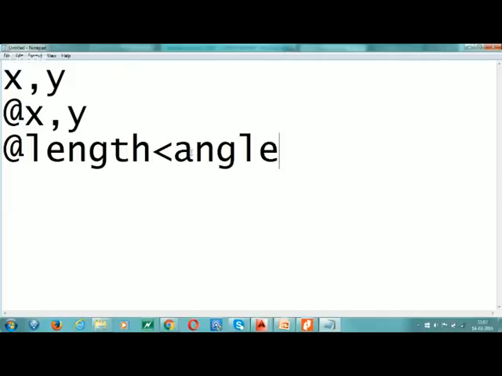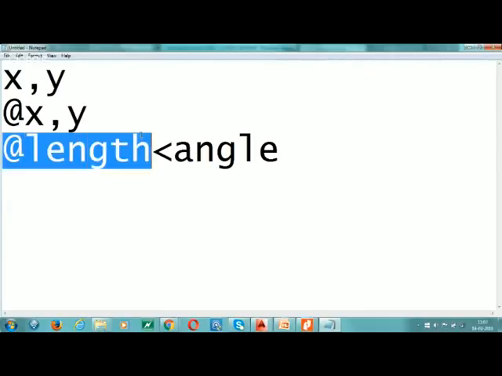This is the syntax of relative polar. For absolute polar we are not using @, but mostly we use relative polar.